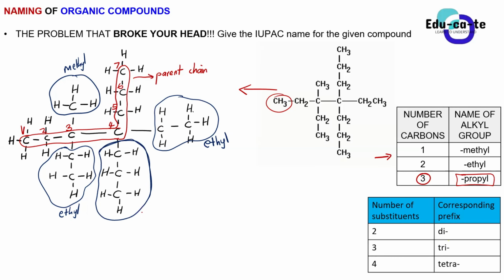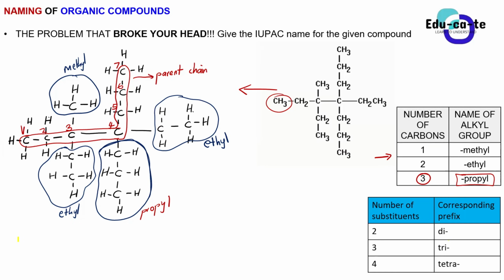So this is all the side chains that we have, because we've highlighted all side chains here. We don't have any other side chains remaining. You guys can see that we don't have any other carbons that are not part of the parent chain and that are not part of what we have circled right now. So we have circled all the side chains, all the alkyl groups in this case. We have a methyl, we have an ethyl, we've got an ethyl, we've got a propyl. Now when it comes to alphabetic order, guys, let's hear from you. Out of all of these, which one will come first on the alphabet? Orifa?